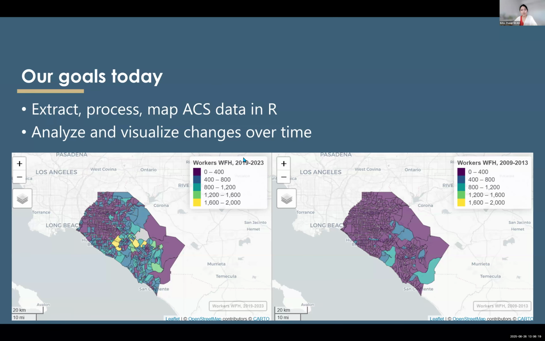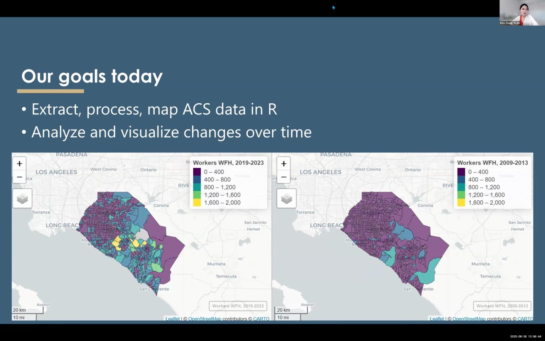and then we'll probably process it through Excel or another tool, and we'll typically map the data using tools like GIS. But with this integrated workflow, we can do all these things, everything in R, through a little bit of programming skill. So hopefully this will be helpful to you as well.